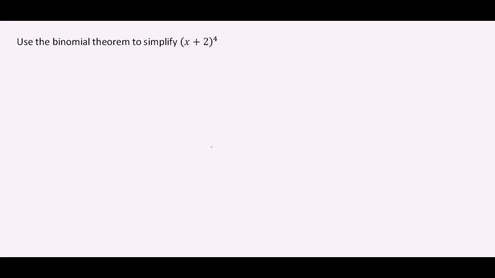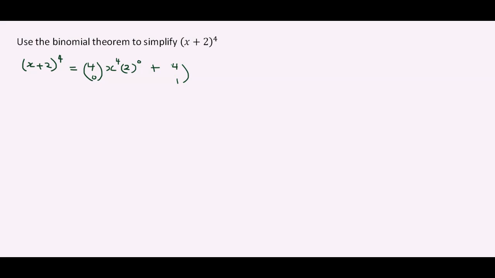Now we're going to use the binomial theorem to simplify (x + 2) to the power of 4. Let's start it the way that I recommend every student start this kind of question. So we have (x + 2)^4. This is going to give us 4C0, then x^4, then 2 to the power of 0,